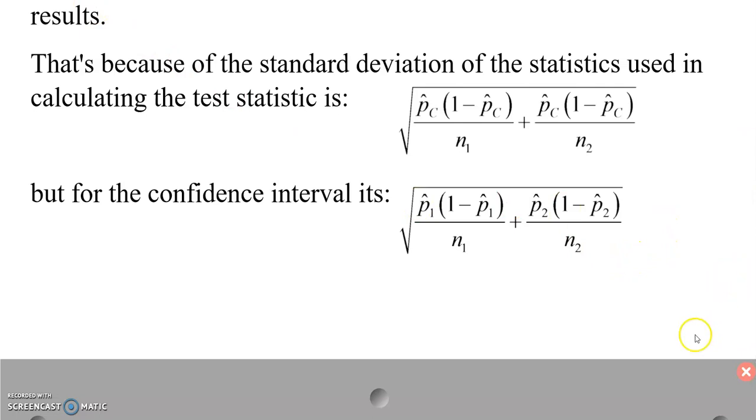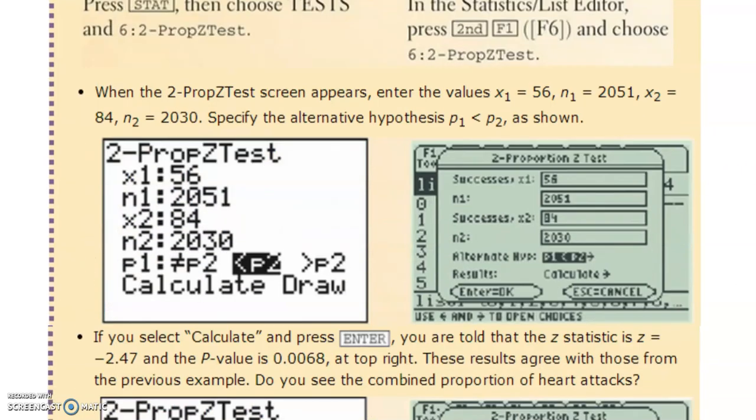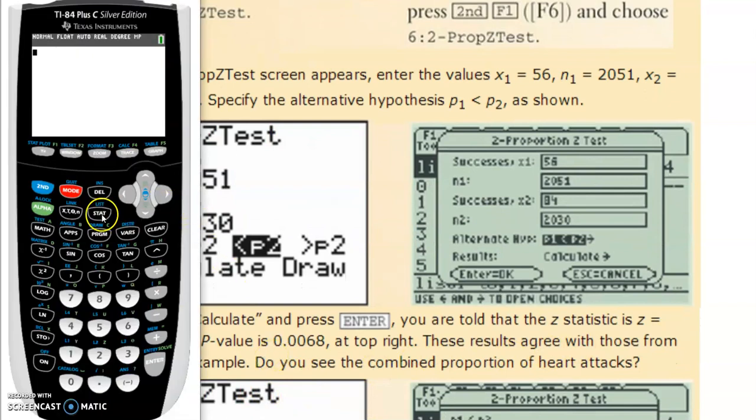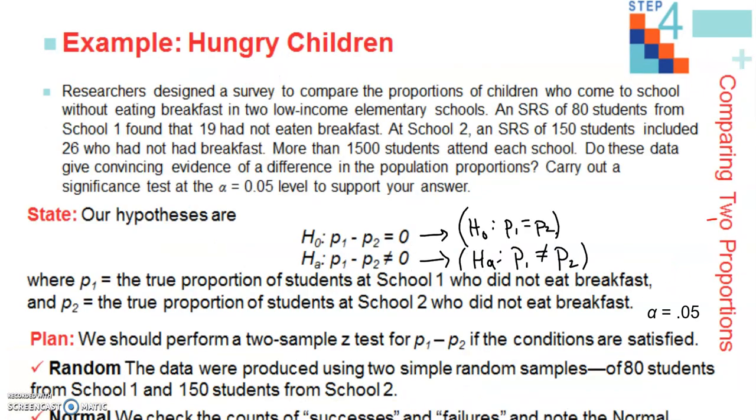Then, of course, there is this significance test on our calculator. It's option 6, a 2-prop-z test, which you can find if you go to stat, test, and then you can see option 6 here is a 2-proportion z test. Then what you need to do is type in the number of successes and the sample size for each group. So let's see, that would be